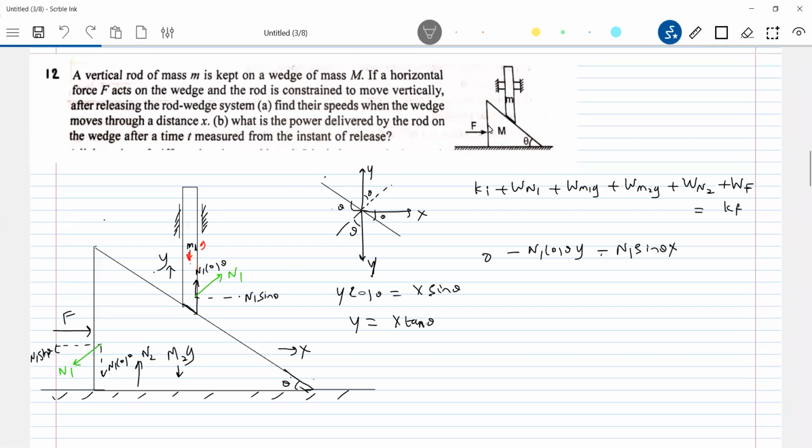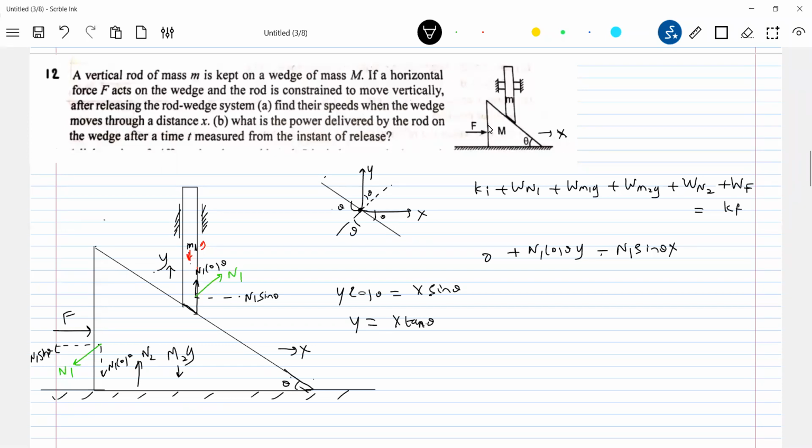Got it? Sir, they didn't give the direction of X. It can go in any direction. I apply a force, in what direction will it move? The wedge will have displacement like this. Since I applied a force, I push the wedge, it will move towards the right and the rod will move vertically up. So there won't be a problem with the constraint equation. Now this should be the positive.